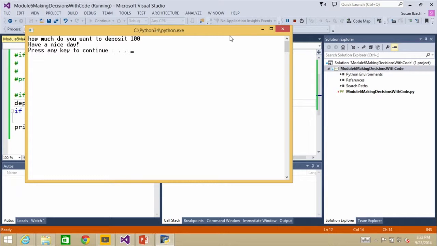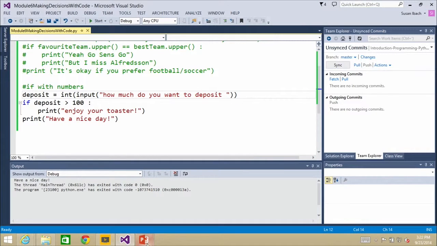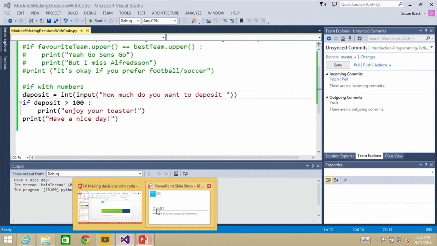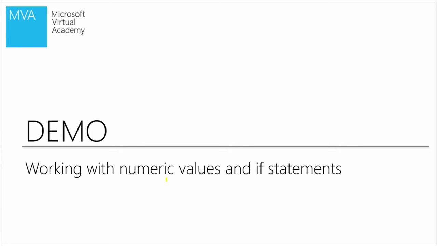So again, now, of course, remember, I just want to prove that if I type in exactly 100, I just don't get a toaster. Go have a nice day. Yep. 100 is not greater than 100. Yep. Which hopefully is the way the bank wanted me to implement it. I'd better go double check if I'm not sure. That is so important. When in doubt, ask your users. Find out the real business rules.